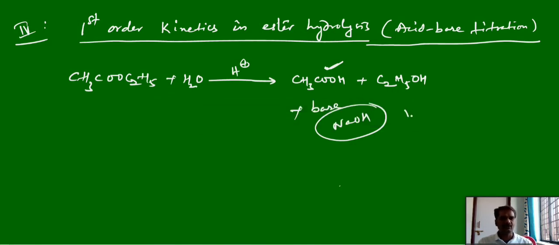Now the volume of NaOH we will add with the time being. Initially, if we add NaOH, let us assume the volume is V0, that should be equivalent to what? At the initial stage there is no acetic acid produced, we have only ester, water and the acid catalyst. So initially we require some NaOH also. Why? Because the acid catalyst is there. So this NaOH will react with the acid catalyst. So the volume of NaOH we have taken initially should be equal to the volume of the catalyst, whatever the catalyst is there.